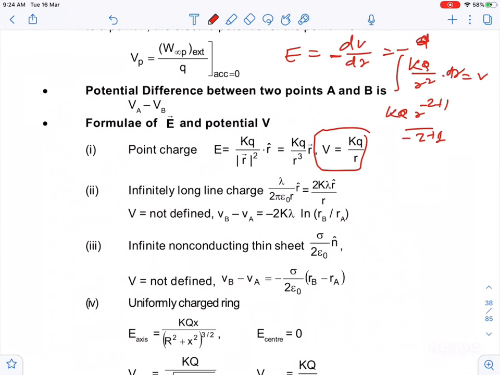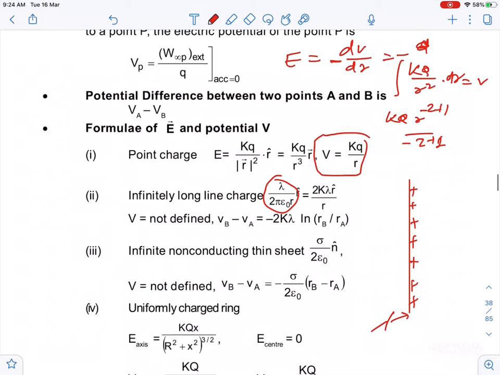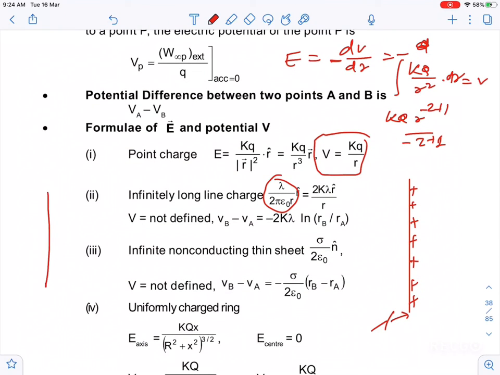Now guys, one thing you have to keep in mind: for an infinite line charge, the electric field is lambda by 2 pi epsilon naught into R. You use Gauss law for this. Suppose this is an infinite line charge, guys, and this is lambda, the charge per unit length. This result can also be calculated with the help of the electrostatic formula. You take this rod, take one point, and from distance y you take an element dy, and make the vector like this. Again write the components as dE cos theta and dE sin theta and integrate, and you get the result.